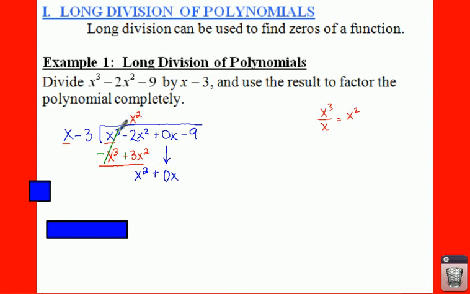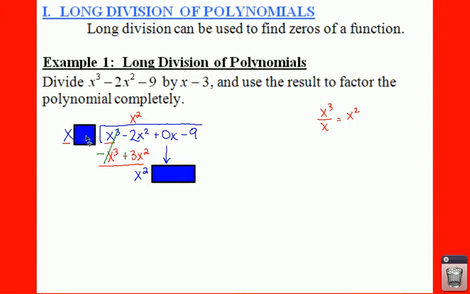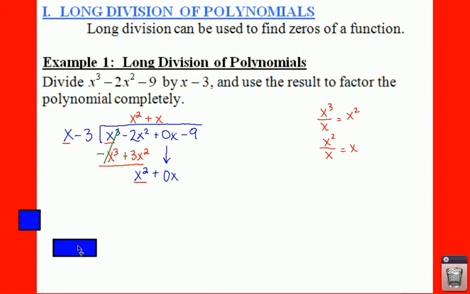Now, you are no longer worried about this entire polynomial up here. You are only worried about this x squared plus 0, and you're not even worried about the plus 0. You're just worried about just the x squared. So what we're going to do is we're going to take this x squared and divide that by x. So if you take x squared divided by x, that gives you a positive x, which you put on top. Same as what we did with the x squared, you have to take x times x, and then we're going to take x times a negative 3, so you get x squared minus 3x,